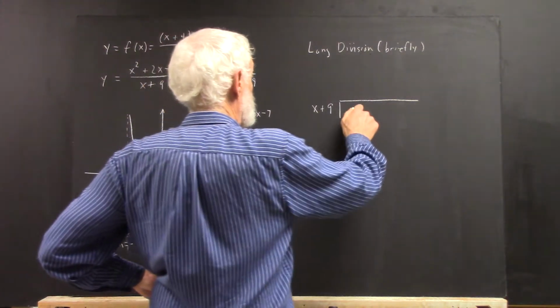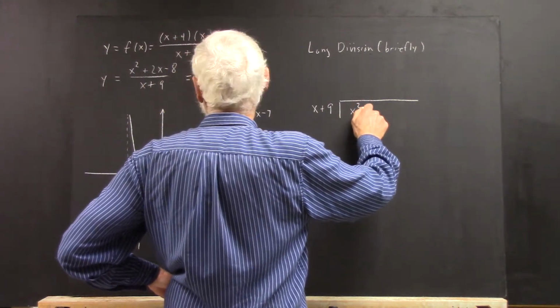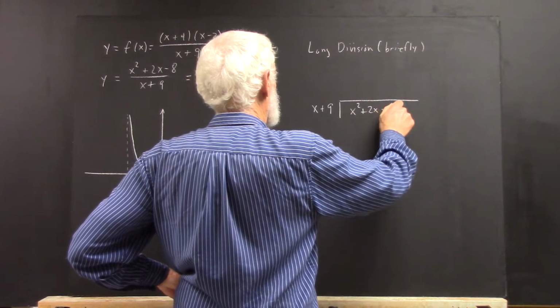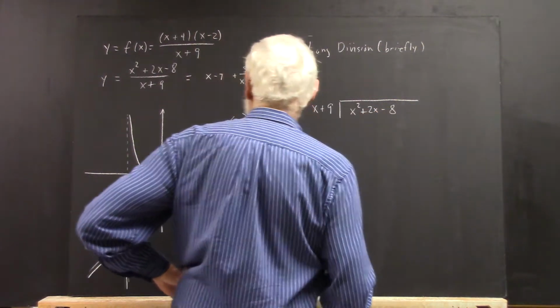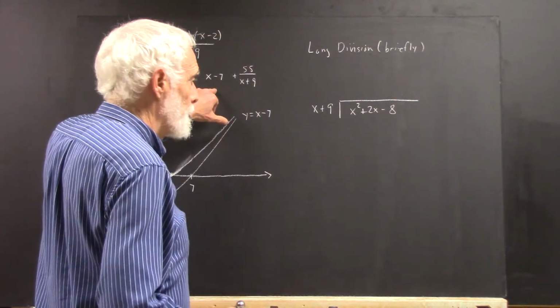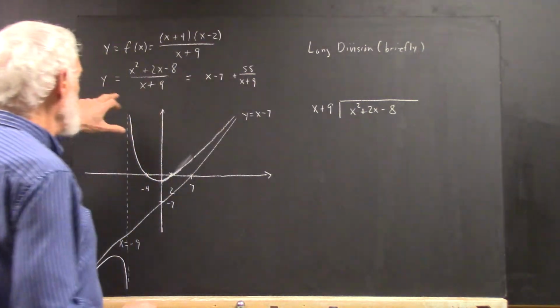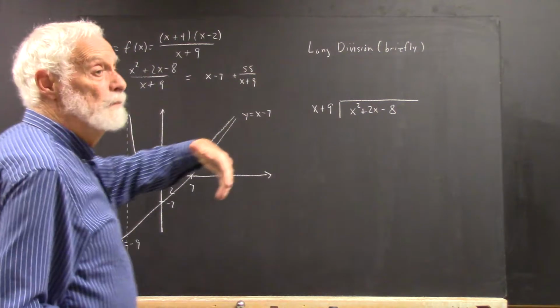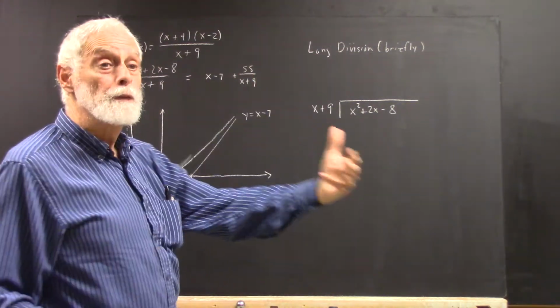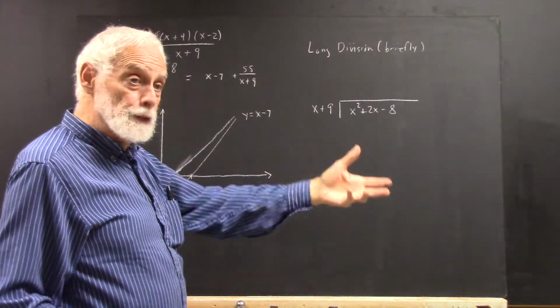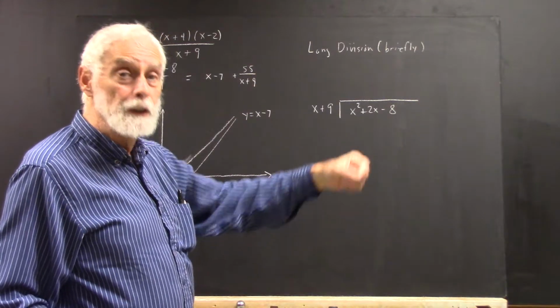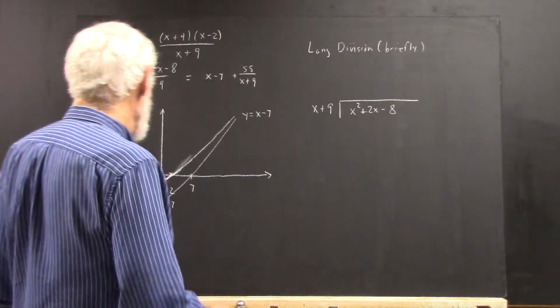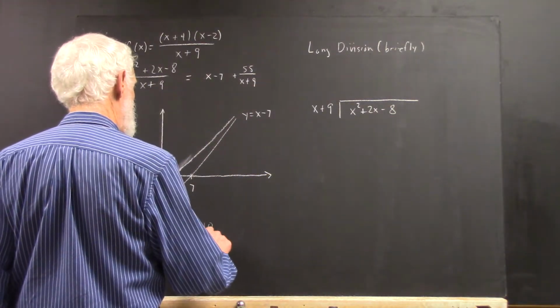divides into x squared plus 2x minus 8, and it gives you this. Now let's think about what it means for this division to give you this. If you divide 10 by 2, you get 5, and you know the answer is 5 because 2 times 5 equals 10. So, 10 over 2